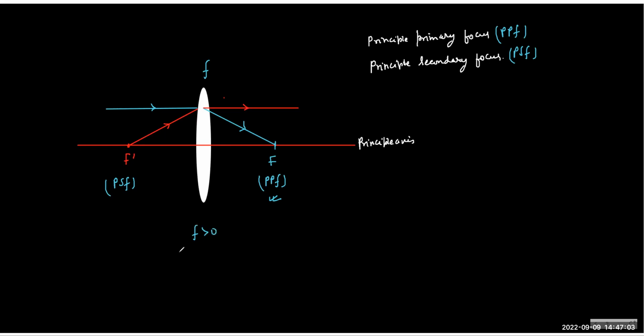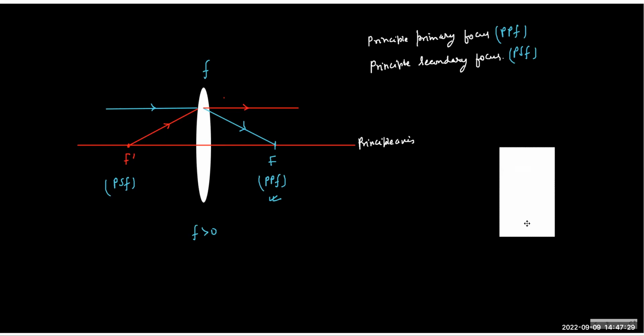In the lens formula, the F represents the location of principal primary focus, not the principal secondary. Now it is important to know the principal secondary because the light which begins from here always becomes parallel to the principal axis. If we do the same thing for the concave lens,